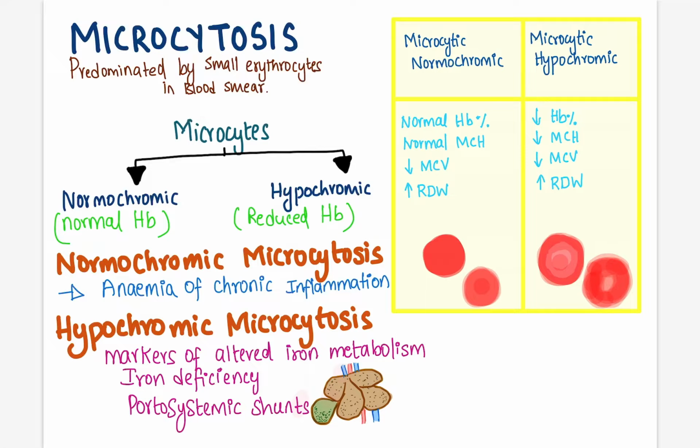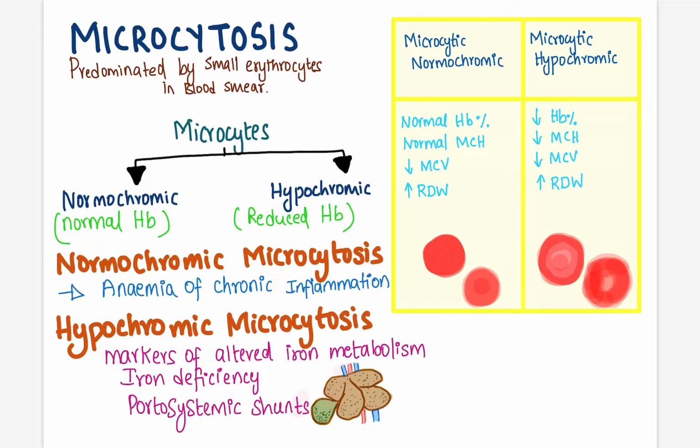So, coming to microcytosis, as the name indicates, the predominant erythrocytes in the given sample are smaller than normal. Again, microcytes can be classified into two: normochromic microcytes and hypochromic microcytes. Normochromic microcytes stain normal and have adequate hemoglobin within, whereas hypochromic microcytes are paler and they have reduced